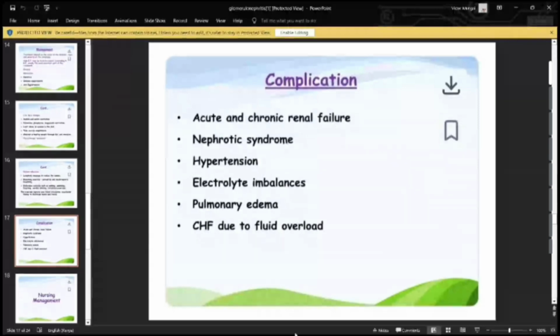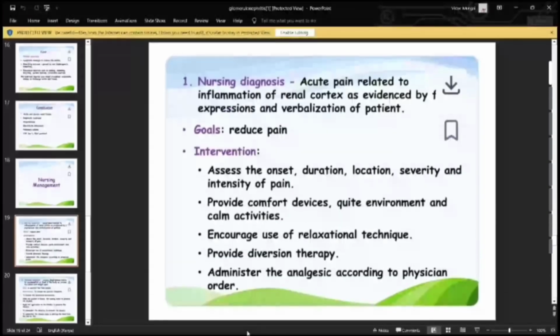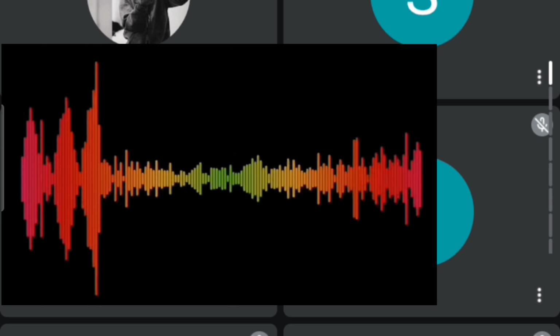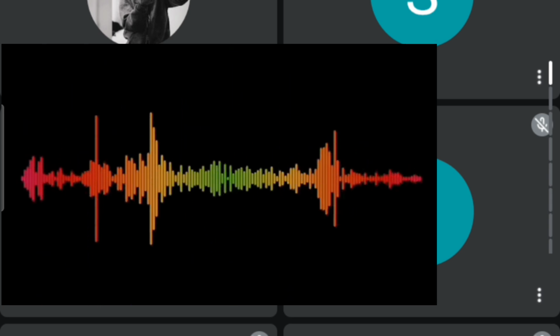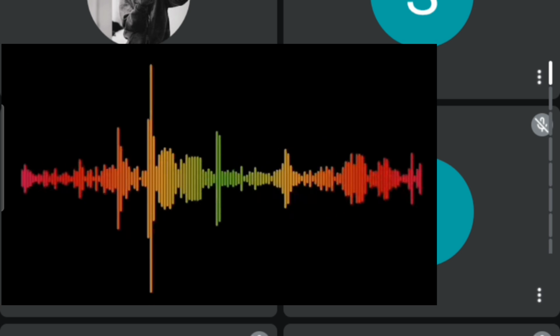So we have the complications: acute and chronic renal failure. Also, we have nephrotic syndrome, we have hypertension, we have pulmonary edema, we have CHF due to fluid overload. Well, nephrotic syndrome and also glomerulonephritis. When we talk about glomerulonephritis,